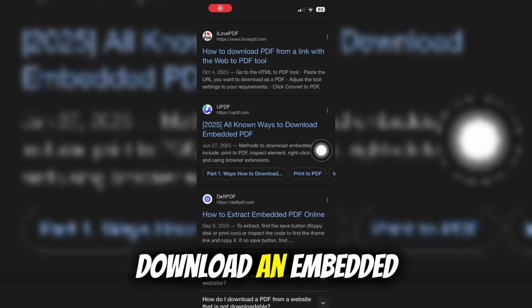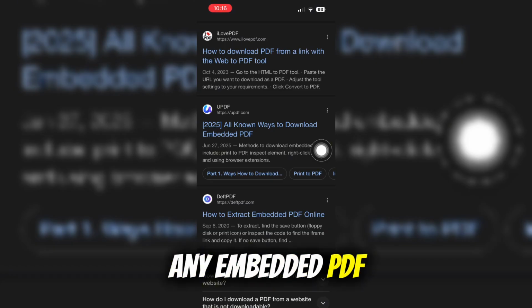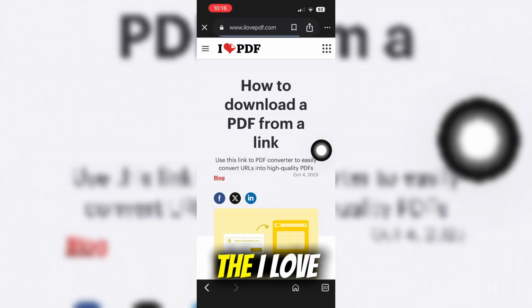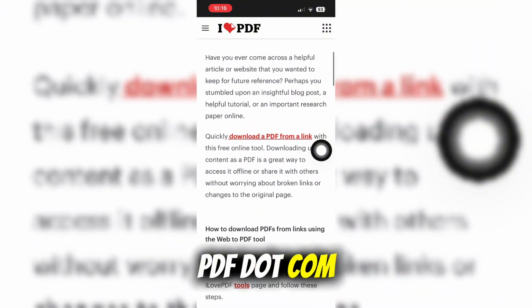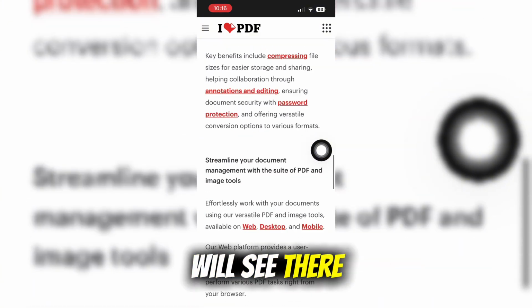Here's how to download an embedded PDF from any website. So the first thing that you're going to do is to search any embedded PDF converter. As for me, it is ilovepdf.com. And then what I need to do is just to scroll down, and then I will see there a start